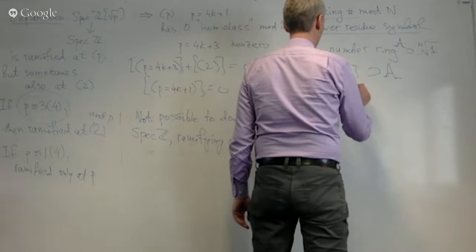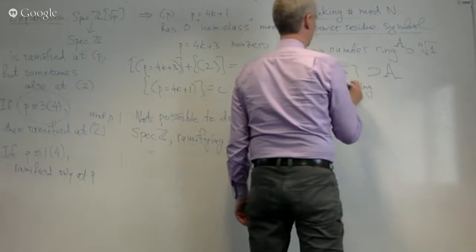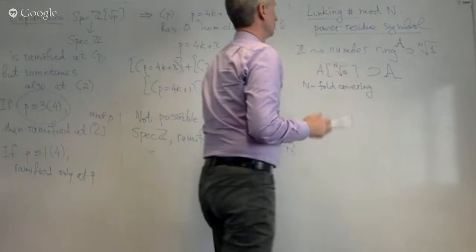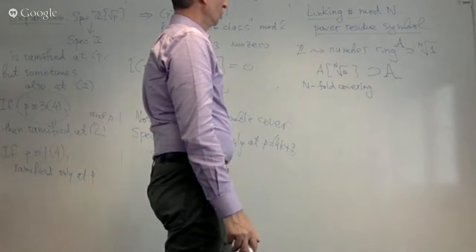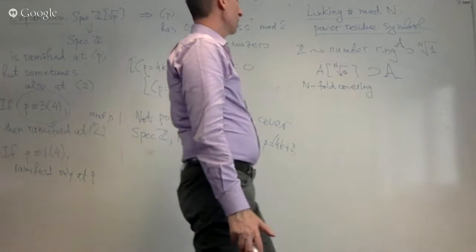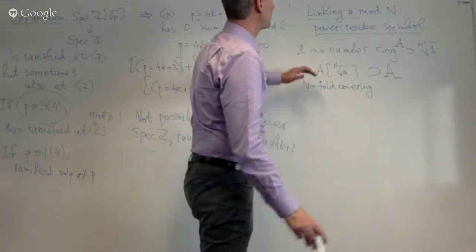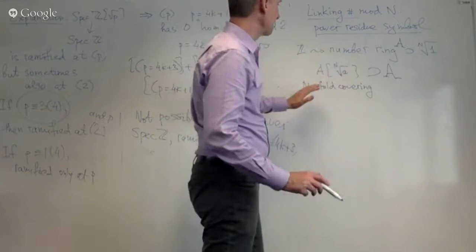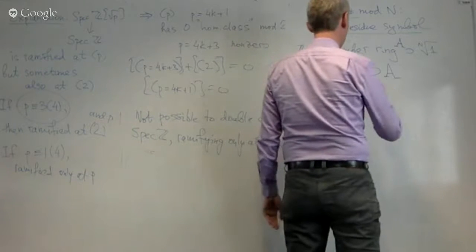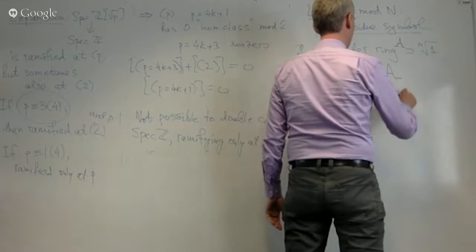I'm sorry, I said yes, but I'm not sure actually. Why do you need the nth root of unity to have a Galois cover? Suppose it exists. Let me first of all take the n-fold covering. The Galois